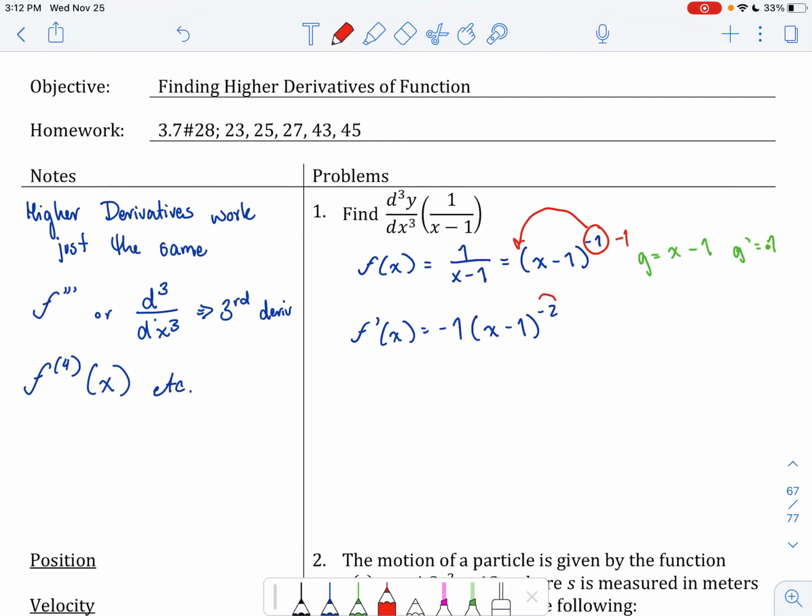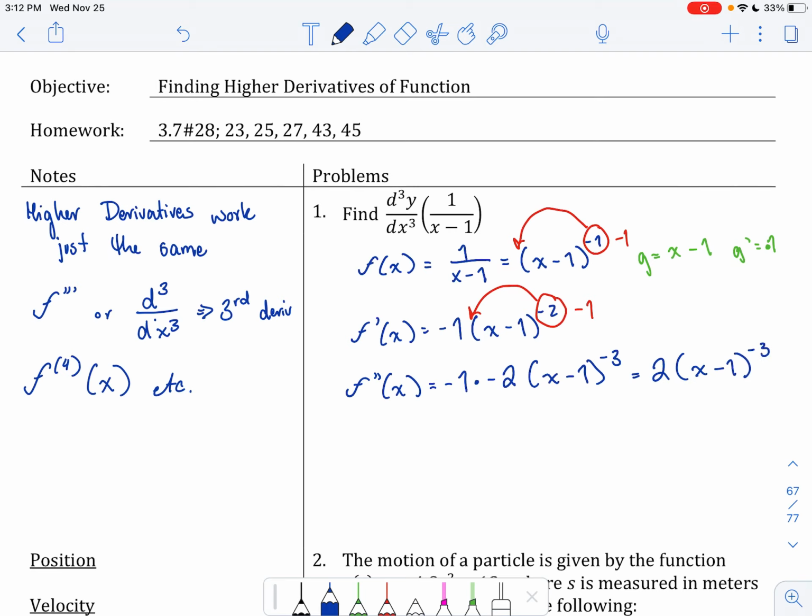Using the same logic, I am going to then use the power rule again to get my second derivative, and that's negative 1 for the constant times negative 2, x minus 1 to the negative 3. Maybe do a little simplification here so that the constant is positive 2, x minus 1 to the negative third. We're asked for the third derivative. Right now we're at the second. So using the same rule again,